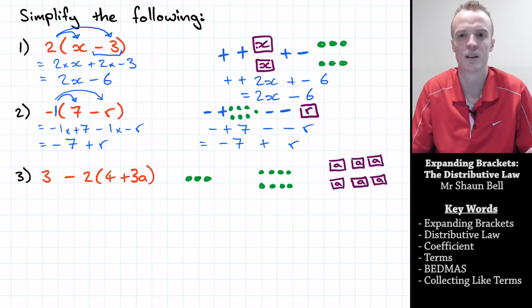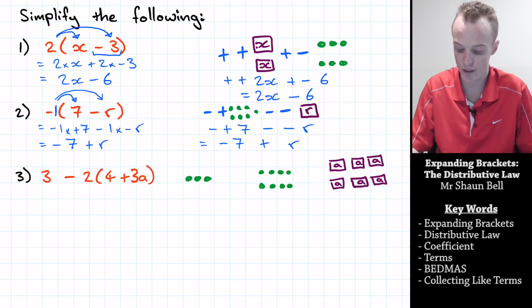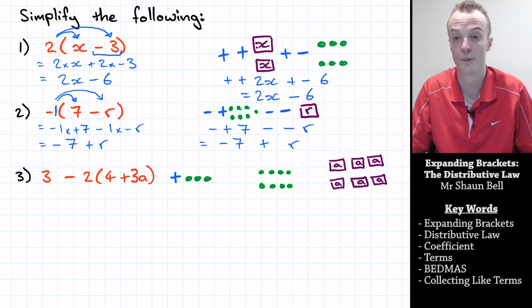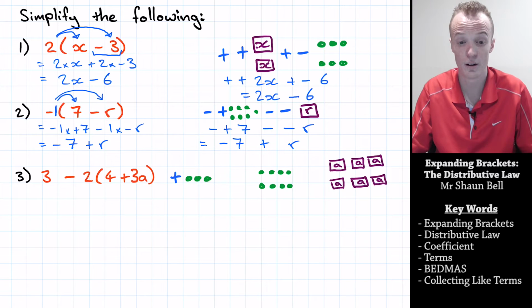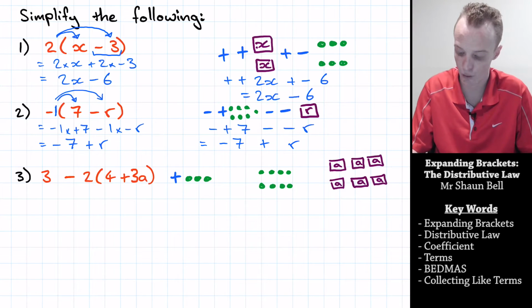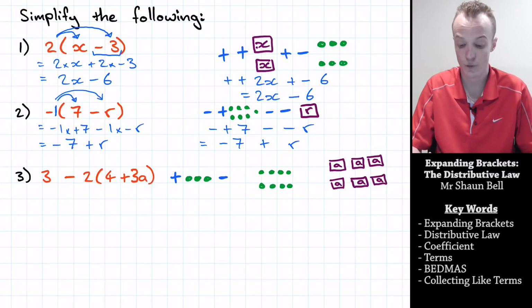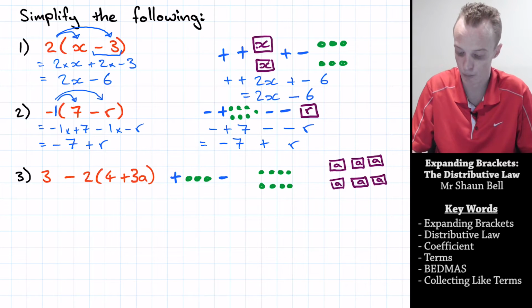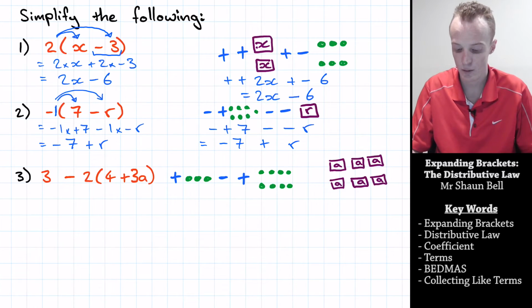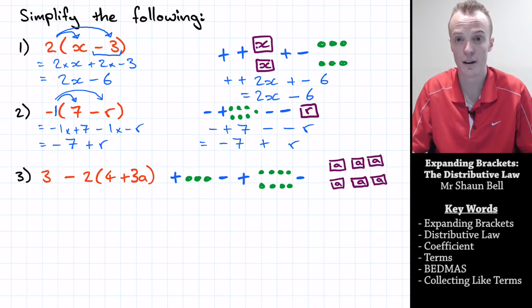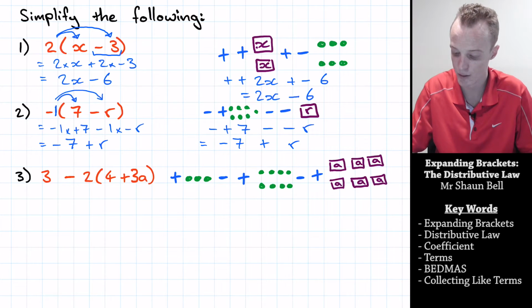And now let's deal with the signs. Now, in front of our 3, it's a positive sign, so let's just put that positive in. Now, the coefficient of the brackets was a negative sign, so let's put that in. The first term was a positive 4, so let's put that in. Then, we're multiplying with that negative again, so we've got to put the negative from the 2 in. And the sign in front of the 3 was a positive, so we've got to have a positive a.